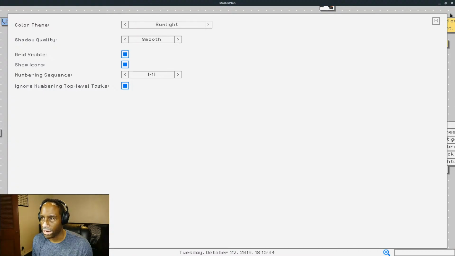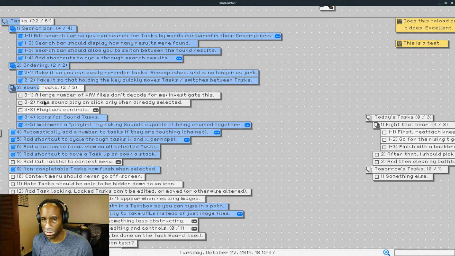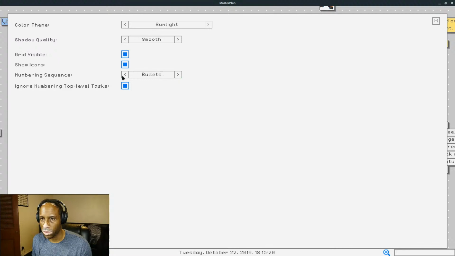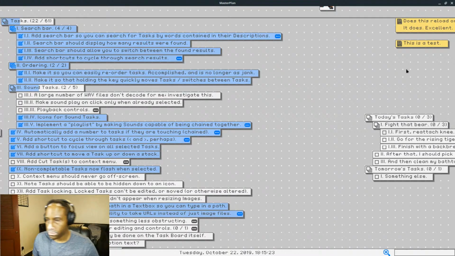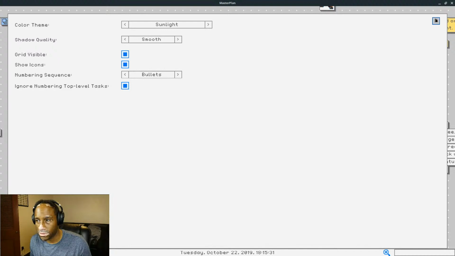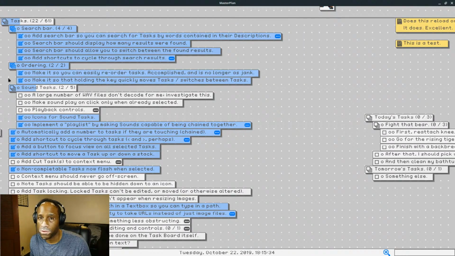I also added dash numbering. So you have 1-1, 1-2, 4-3-2, that kind of stuff, which is nice. So you can see it's a little bit of a different numbering system. And then you also have Roman numerals, like that, 1, 2, 3, 4, 5, 6, if you are more familiar with that. And finally, bullets. So you just have little circles that give you an idea of, it's not numbering, it's just an idea of basically the level of the task,